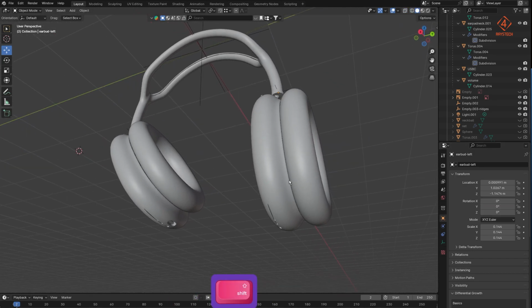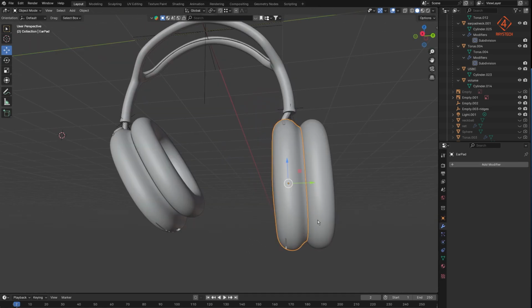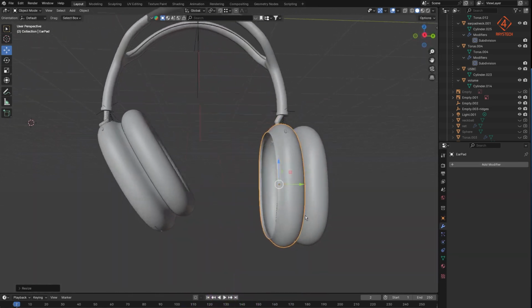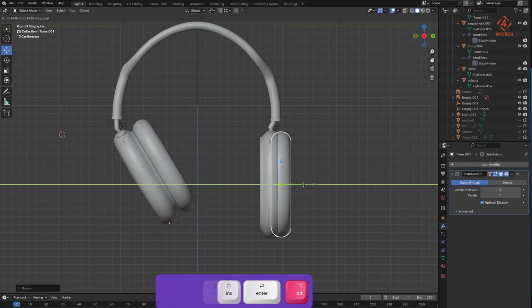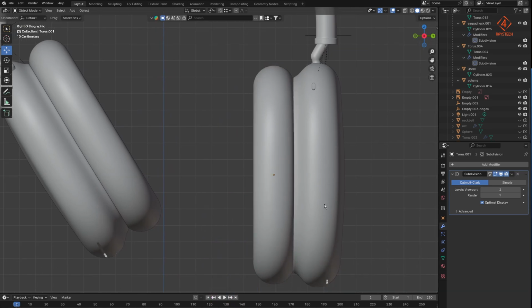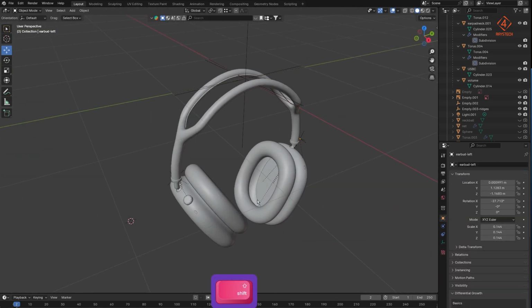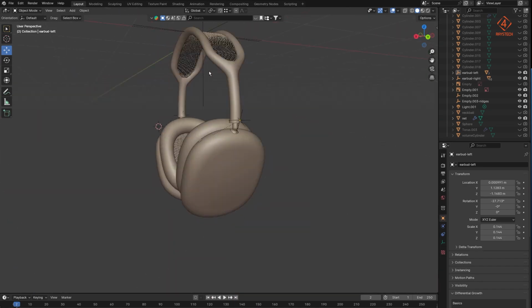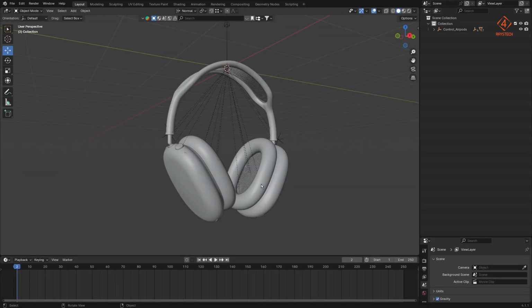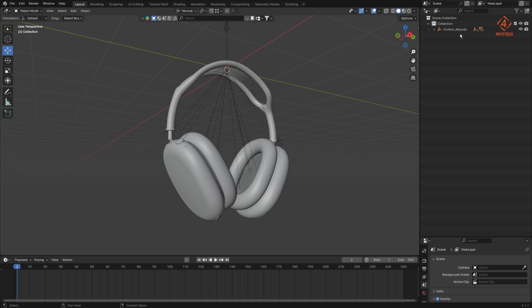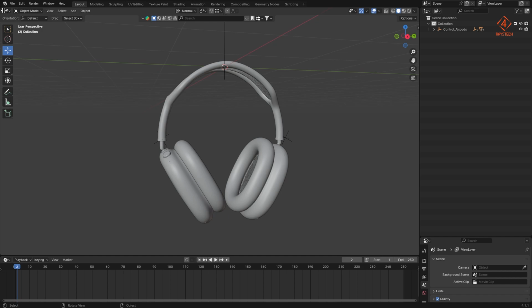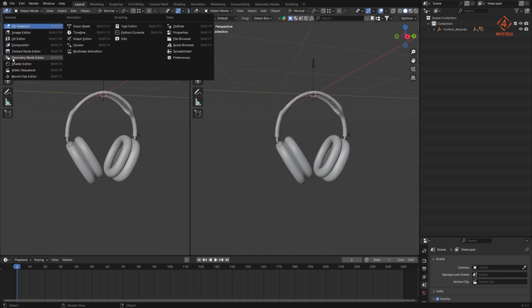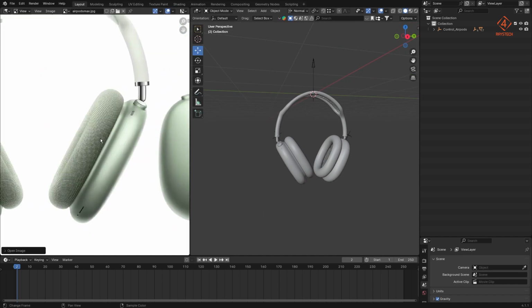I made a mistake earlier where I made a cutout on the opposite end, so this time I'm just going to select this, S, Y and -1 to mirror it in a negative way, so everything on the right side goes to the left side. This way you keep the same geometry, but it's just reflected. I'll just reposition the remaining elements, move them inside. So now what I've done is I've parented everything to the control AirPods empty and deleted all the remaining things that I didn't need, just to clean up the space a little bit, hidden all the relationship lines, and extended one more frame. Now here I'm going to drag and drop my reference image again